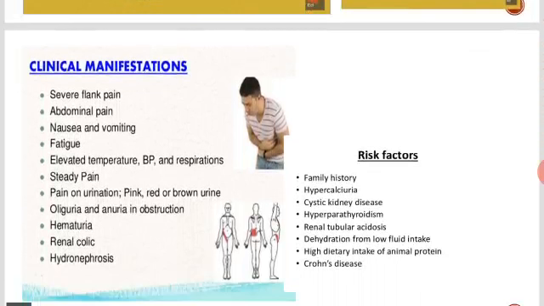Hematuria, the presence of blood in urine, is hematuria. Renal colic,